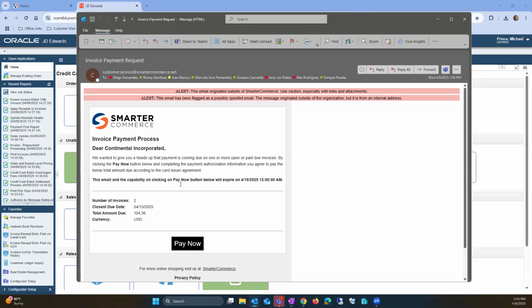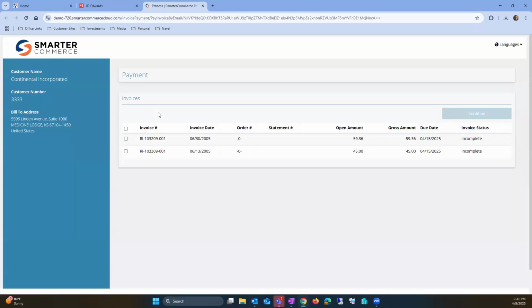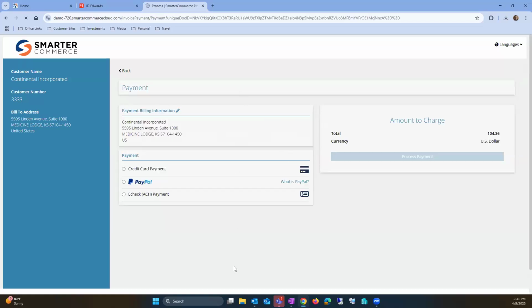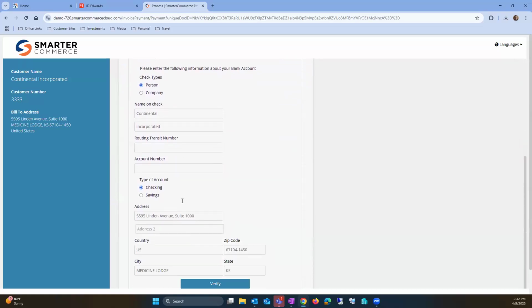This will then obviously encourage the customer and remind them that invoices are coming due. And they would act on this email again by taking the encrypted Pay Now, which will then drive them to the payment portal, where they'll see a list of their invoices. They'll see their customer information. Again, this payment portal would be branded to your corporate standards. And it's here that your customer would see their invoices that are coming due. They would select those invoices for payment and then walk through the payment process, electing which method they desire to use, whether it be credit card or an ACH payment,